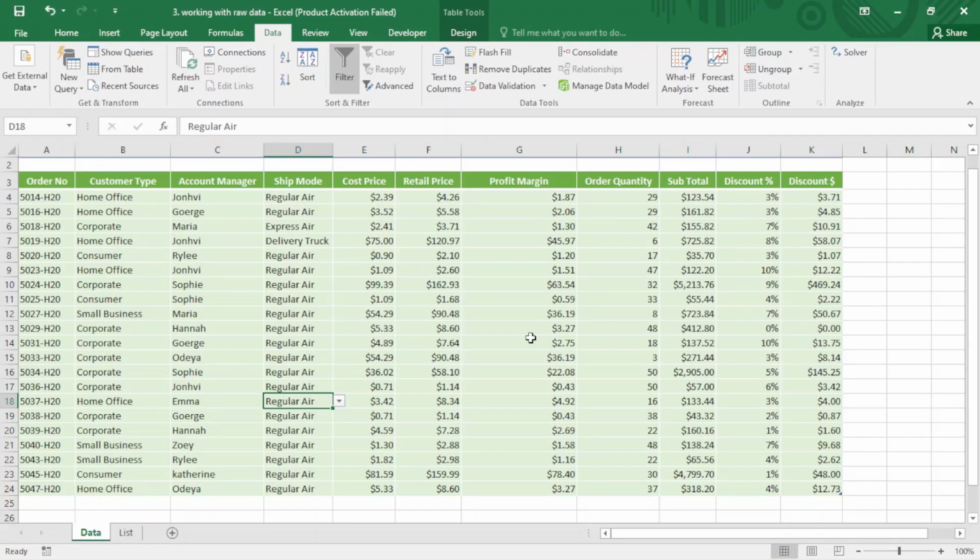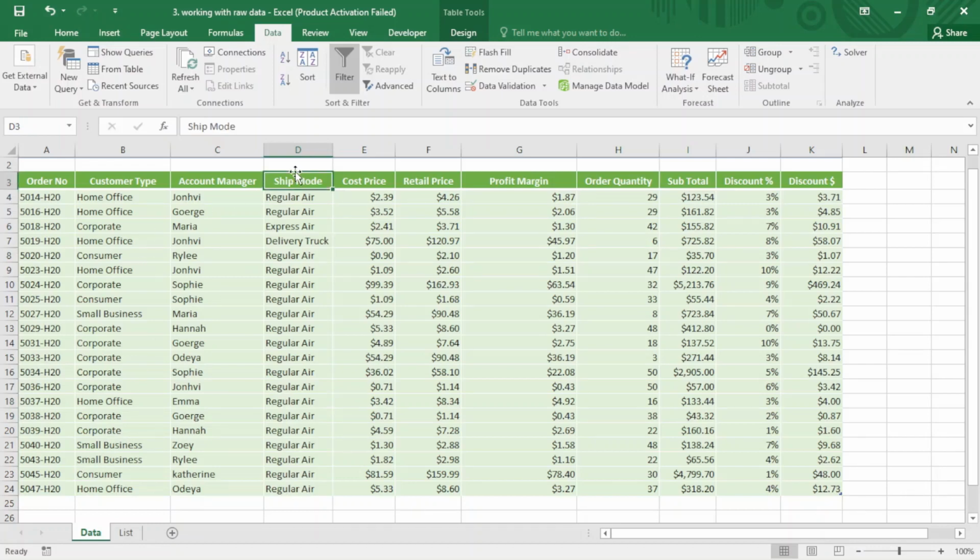Today our topic is about add comments. So here we have worked with raw data. In the previous lesson I applied some formatting, some data validation, and also created a list here. So now I want to add some comments, to explain the changes I have made to this data, in order to help my coworkers and the person I want to share this data with understand it. So here I